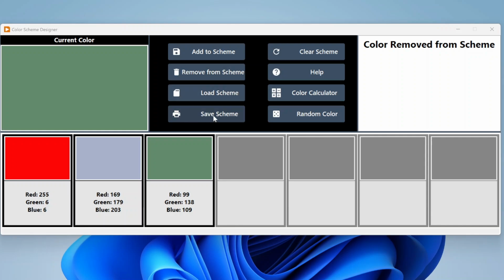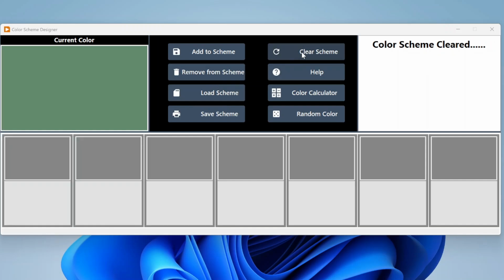As I mentioned, there's a save scheme and load scheme. So this is just going to take everything that's down here and save it as a JSON file and load it back as a JSON file. So that way, if you create a scheme, maybe you don't have a project in mind, but you just want to kind of set up some color schemes. So when you have projects, you can just pull an existing color scheme. This way you can load it in. There's also a clear scheme. This help button just loads a little